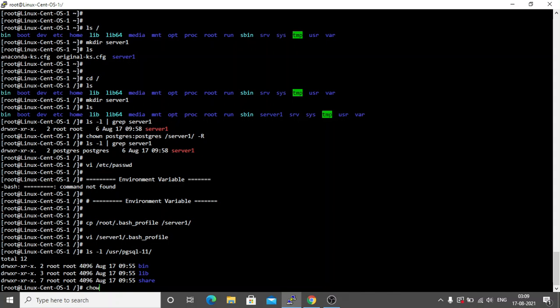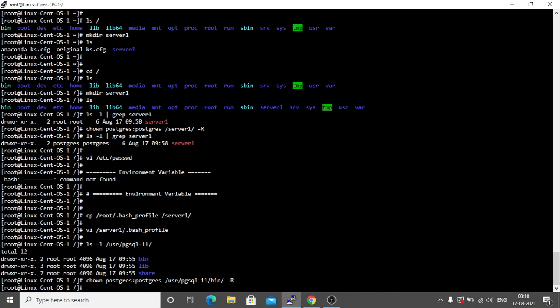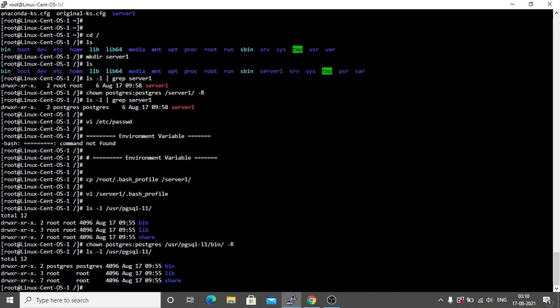So we will do chown postgres, and our directory path server1. Sorry, it's not server1, it is /usr/pgsql-11/bin, the bin directory. And we will make it recursive. If we check now, Postgres is the owner of this directory path.